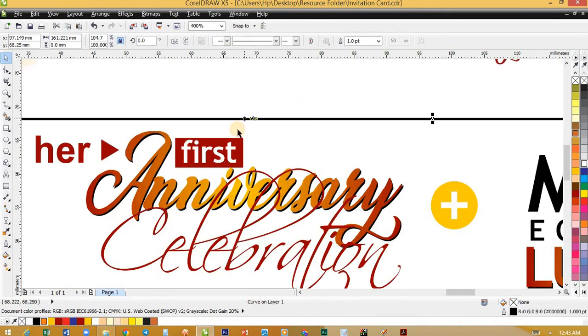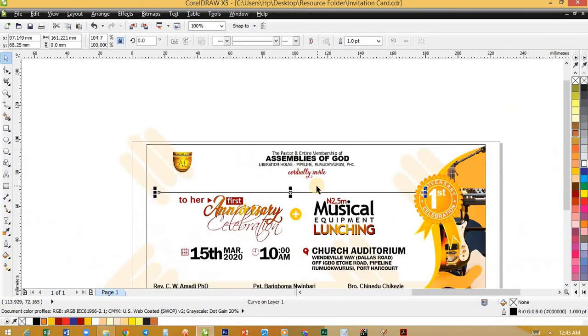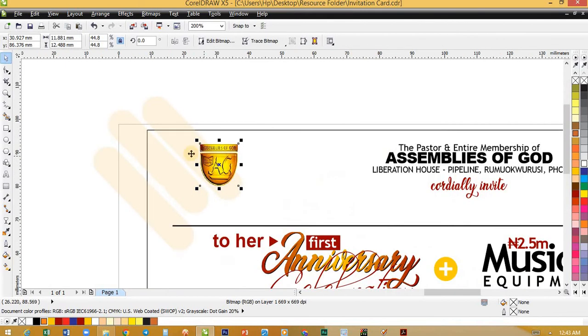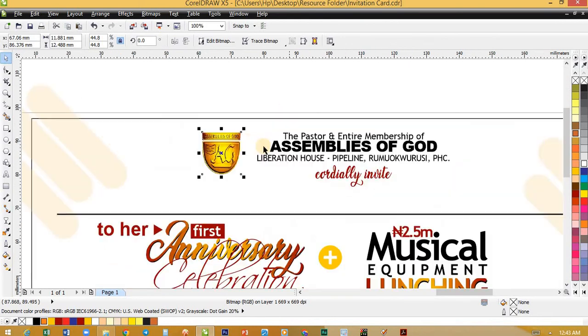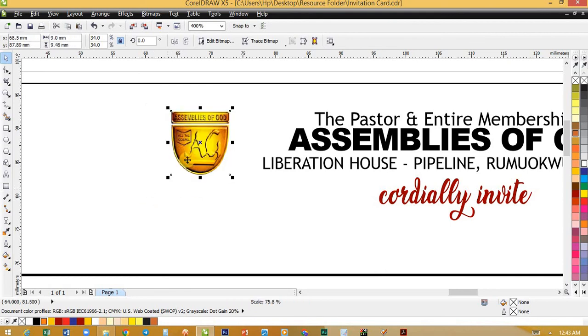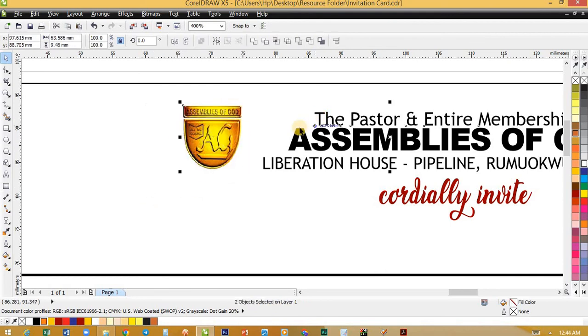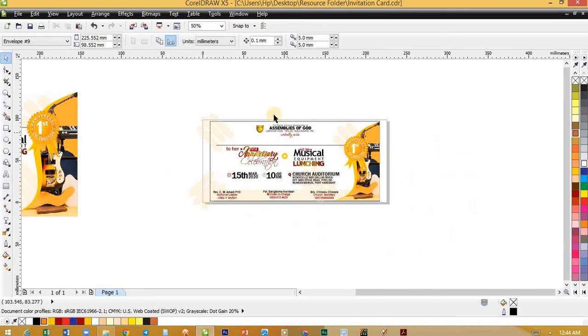So bring this one down. I'm leaving this room for writing because somebody's name has to be written on this space before handing over, and because I don't want to keep this thing in isolation, I want to bring it closer here and see how it looks. Possibly reduce it a little. Okay, just align it to the top of this one as I usually do. See,